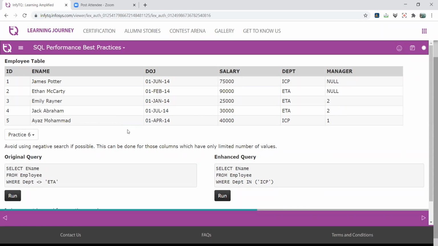we already discussed this concept, again revise. Avoid using negative search if possible, right? इसका मीनिंग क्या है? सपोज अगर हम आपसे बोलते हैं आपकी क्लास में प्रेजेंट और एब्सेंट स्टूडेंट्स है, तो मोस्ट ऑफ द टाइम हम मान के क्या चलते हैं, क्लास में प्रेजेंट स्टूडेंट्स की क्वांटिटी हमेशा ज्यादा होती है, इन एक्सेप्शनल केस अगर छोड़ दें। तो नॉर्मल अगर हम वर्किंग आवर्स की बात करें, वर्किंग डेज की बात करें, तो